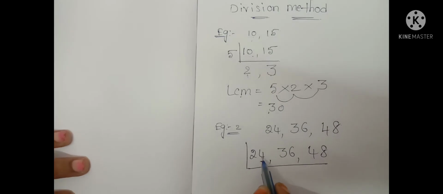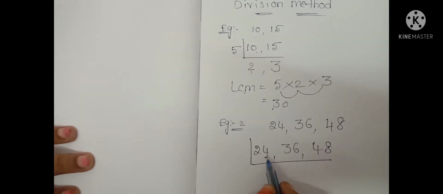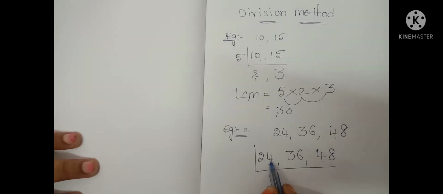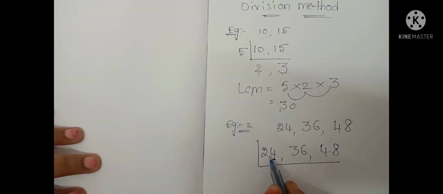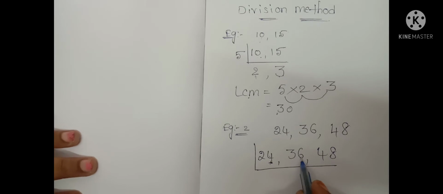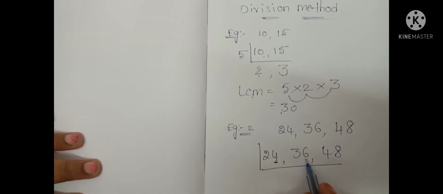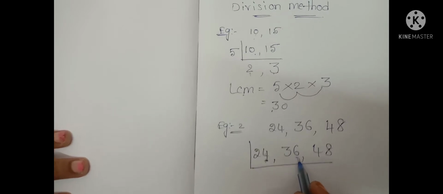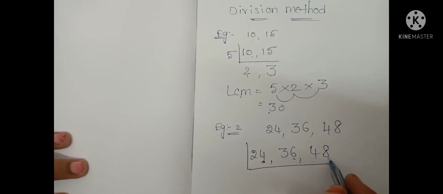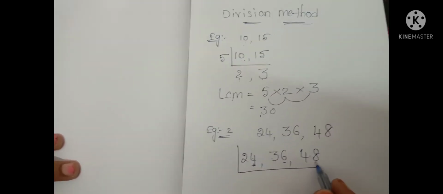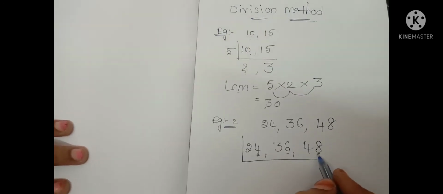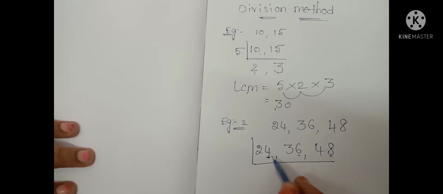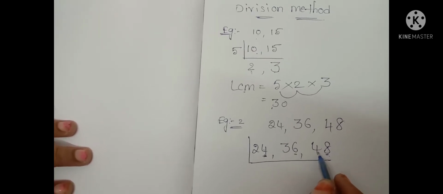Here 4 is there, that means 1 plus 4 is there. 4 is there means that is possible in the 2 table. This 4 is possible in the 2 table means this full number is possible in the 2 table. Okay, 6. Last here 1 plus 6 is there. 6 is there means that is possible in the 2 table. That means 2 3s are 6. Next, in the third number, 8. 1 plus digit is 8. 8 is possible in the 2 table. 2 4s are 8. So those 3 numbers are possible in the same table, that is 2.